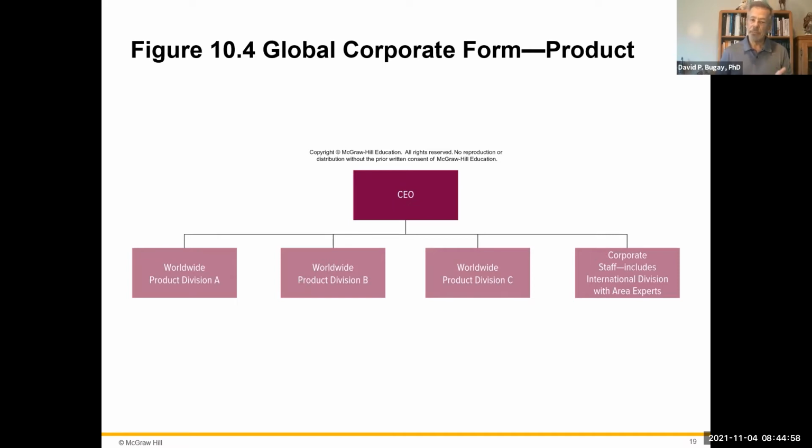Here's a different one. You really have a product matrix. On this one, you have a worldwide product division for A, worldwide for B, worldwide for C. This may work even better because they're focused on the product and looking at how that product can integrate into that specific culture. You also may have some kind of competition in the same country. In the UK, you may have product B over here with its marketing, and then crossways to product C, which isn't exactly the same, but maybe the marketing is in conflict with each other. So those kinds of weird things will happen.